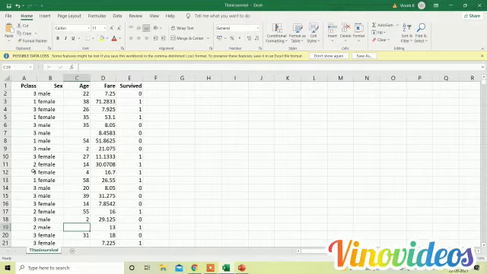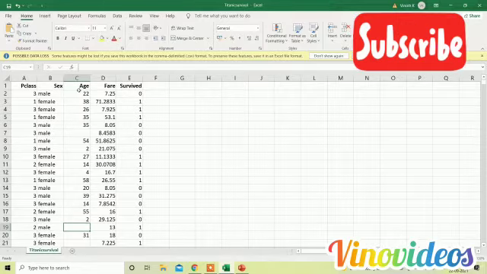This is the dataset we are going to import into our Colab. This dataset is the Titanic survival dataset, which contains information about the passengers. The first one is Pclass, which is the class the passenger traveled in: first class, second class, or third class. Then the sex of the passenger, whether male or female, and the third one is the age of the passenger.